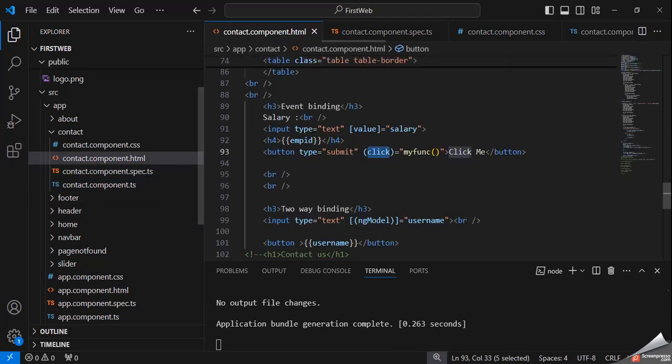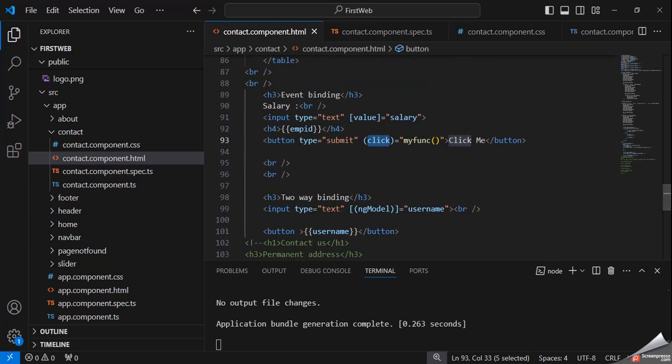The next is two-way binding. In two-way binding we can get the value from the HTML, and again show it on the HTML file. So HTML to TS and TS to HTML. Like interpolation binding, event binding, class binding, style binding, attribute binding, property binding, in these bindings we are getting the value from TS to HTML.